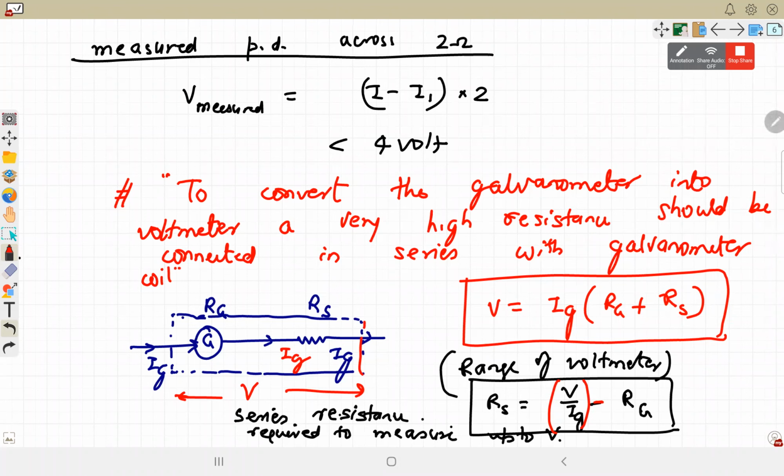Okay, so if you want this measured value to be closer to the actual value, then the resistance has to be as high as possible. So ideal voltmeter is the one which does not draw any current, means resistance should be infinite. But अगर infinite है तो कोई current pass नहीं होगी, तो it will not show any deflection. So that is again a hypothetical thing. But the one we used in the third chapter,